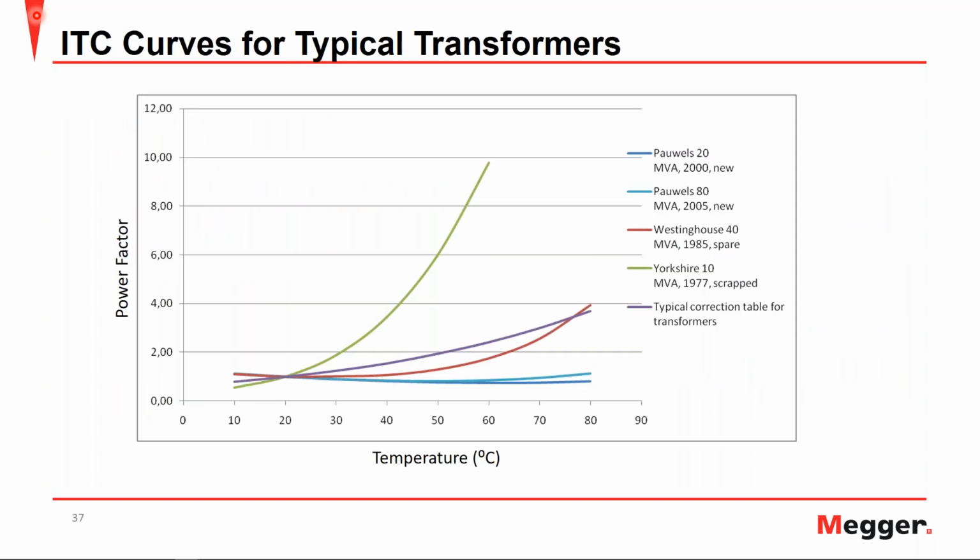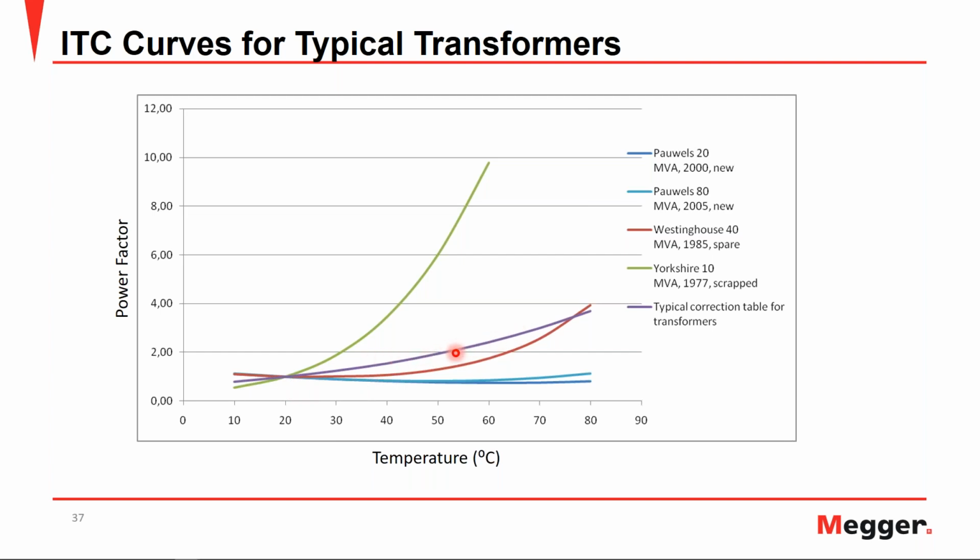Here, we're looking at the ITC, or individual temperature correction curves for typical transformers. We can see that the typical correction tables for transformers is shown here in purple. Now we have 4 other transformers ranging from manufactured dates of 1977 all the way to 2005 with various MVA ratings. And you can really see that none of them really align very well with the correction tables that were